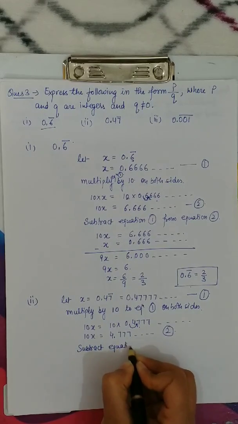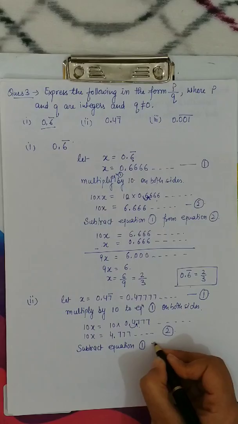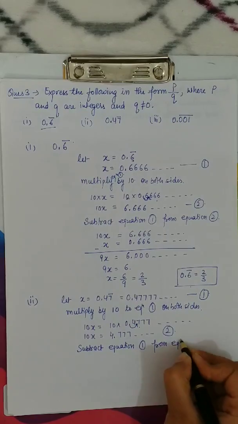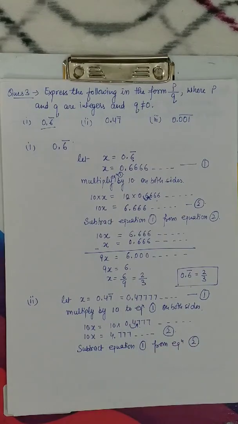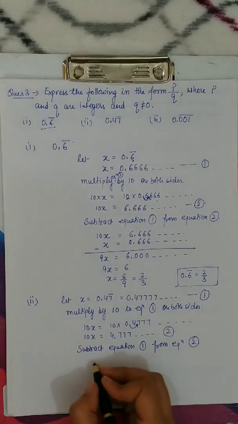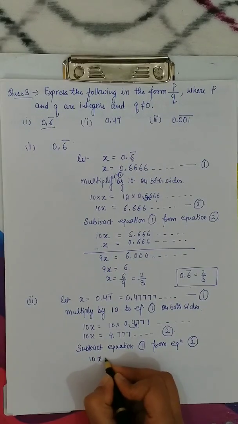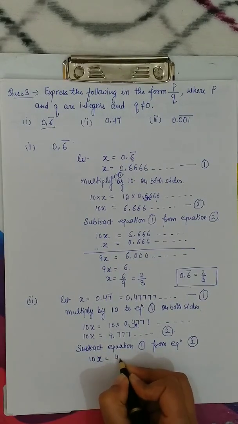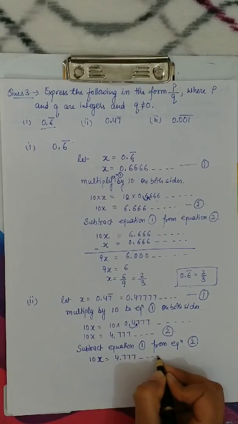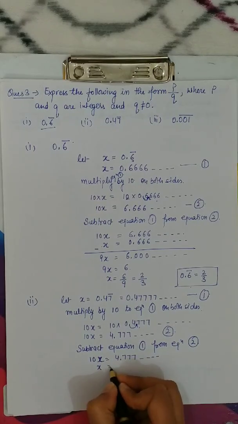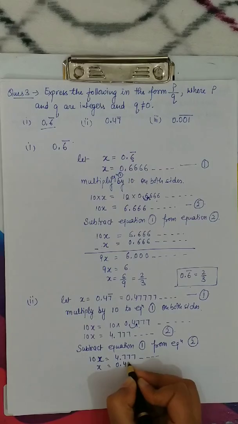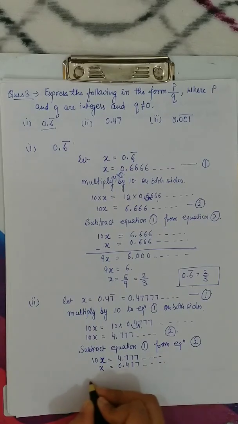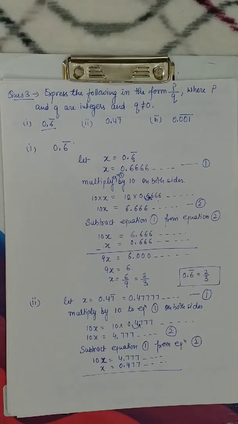Equation 2 minus equation 1. Now subtract it. We have 10x is equal to 4.777 and so on, and x is equal to 0.477 and so on. When you subtract,